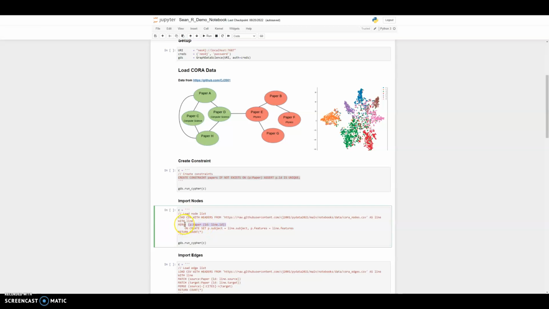And the merge statement will check to see if that information already exists, and if not, it will create a new node. And then he's also setting some properties at the same time that he's creating that node. So if you just ran merge paper ID, you would create properties with that ID, but then he's also going to set some